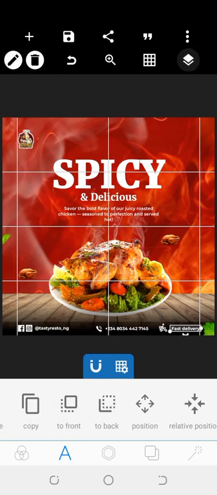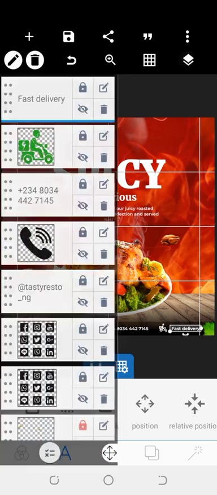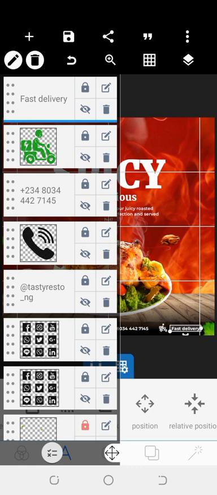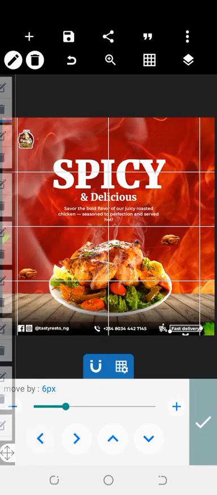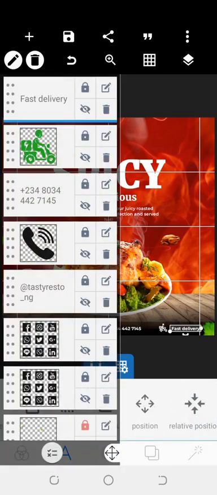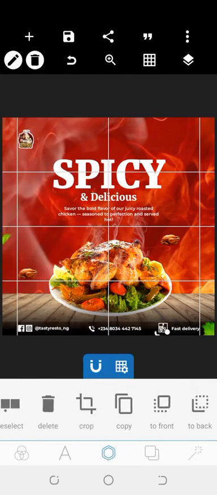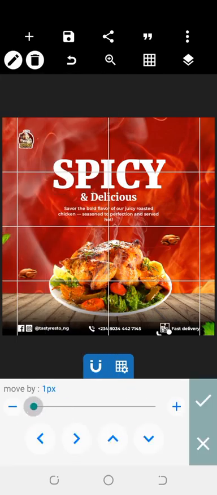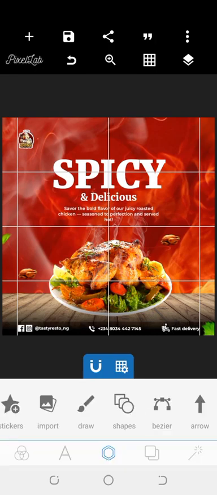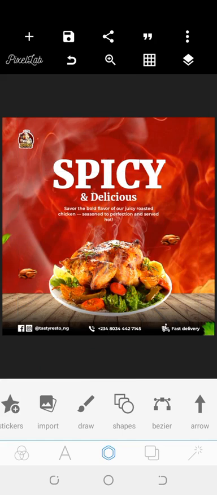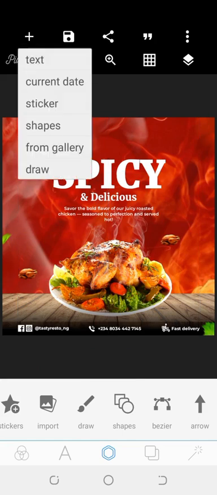So let me go back to how I was able to do what I did just now. So just click on the layer up here, you click on this X and check mark, then you select the call icon and also the phone number, and then you just move it a little bit so that you can have enough space for the delivery. So you can move this closer and also closer. So is there anything we are left out with? So I'm just going to import